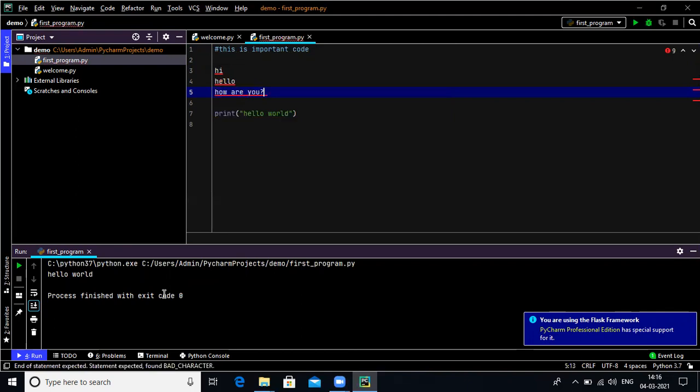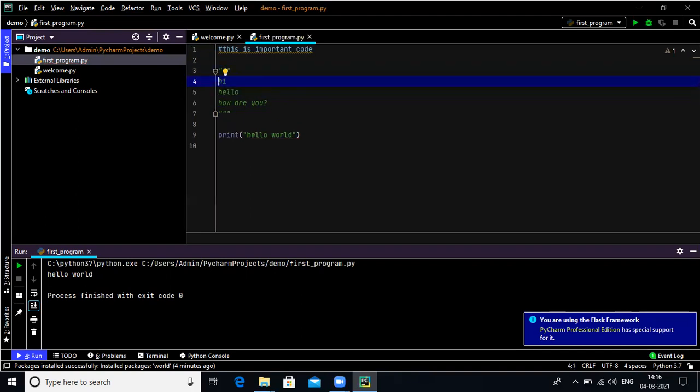But if anybody has 5 lines or 10 lines of code in the comment section, then writing a hash character every time is not possible. So for that we use the multi-line comment, and a multi-line comment is like this. I've just completed my multi-line comment here.